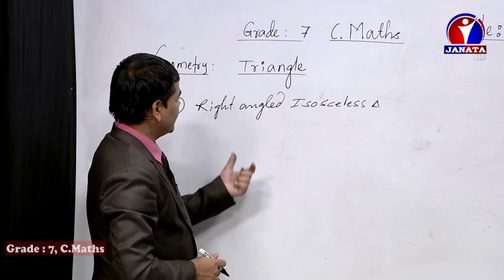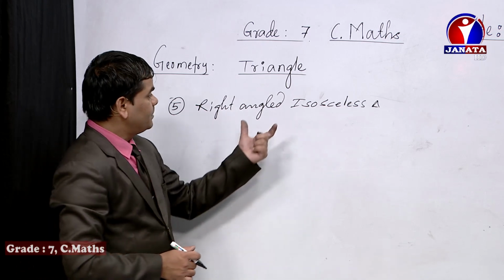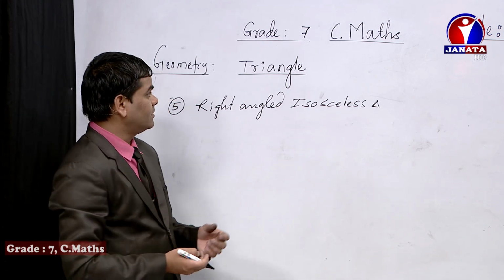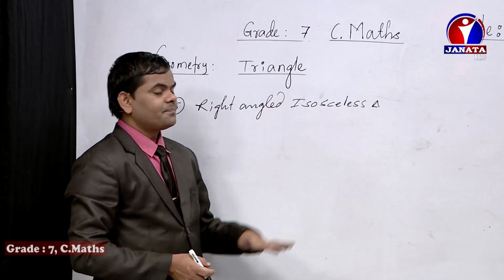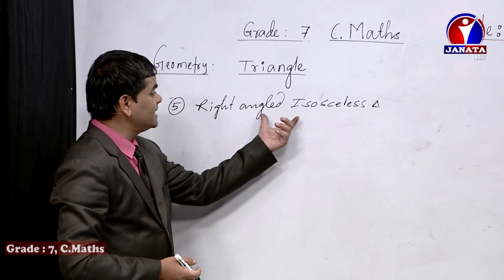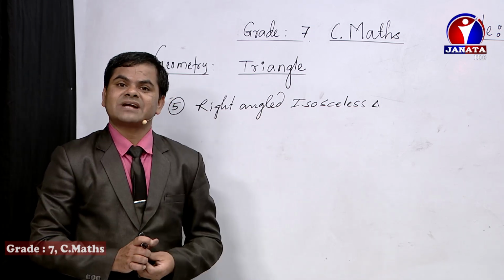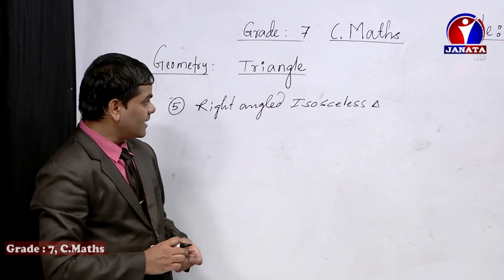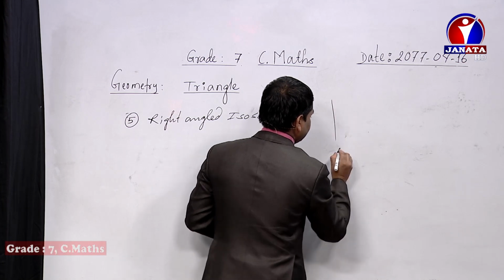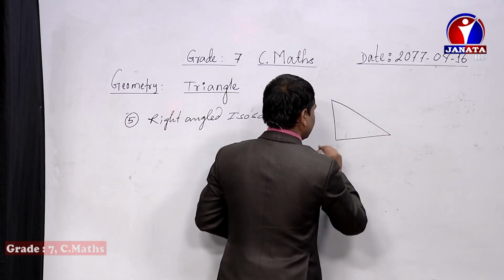Generally, as it is a mixture of 2 types of triangle, people do not treat this one as a different type of triangle. Generally we treat the types of triangle as 4 types, but this one is the combined condition of right angle triangle as well as isosceles triangle. So what figure will be there if we want to make it, dear student? There will be properties of right angle triangle, isn't it? And there will be properties of isosceles triangle as well.